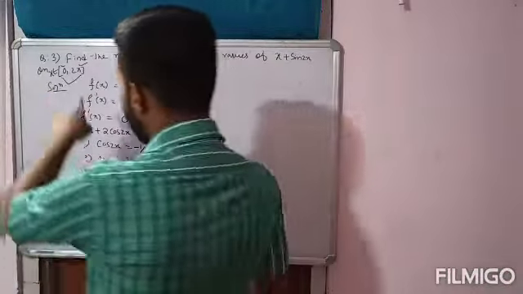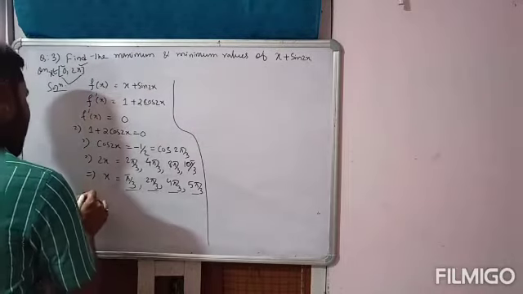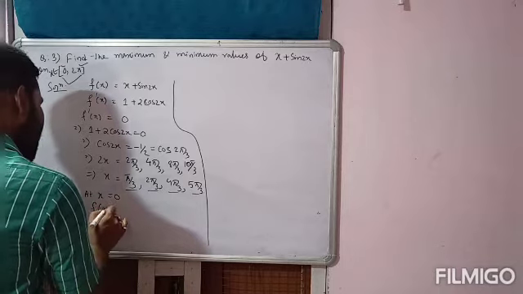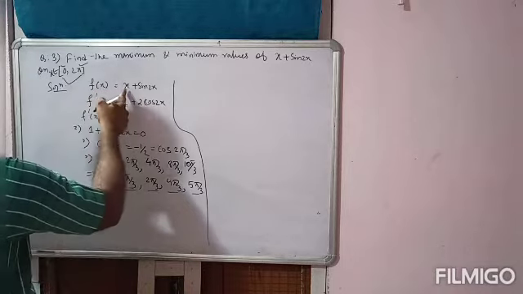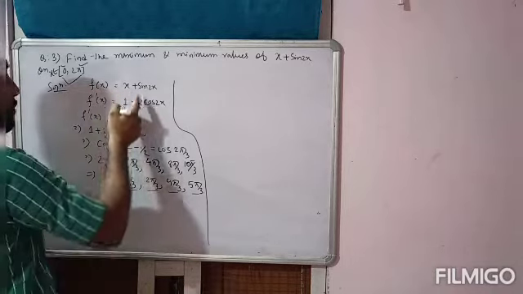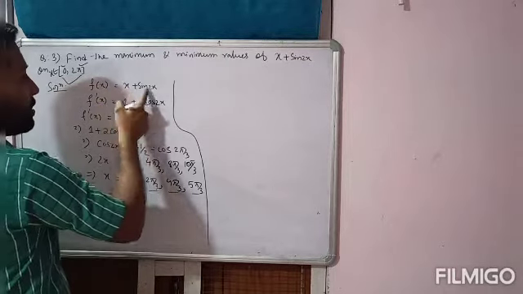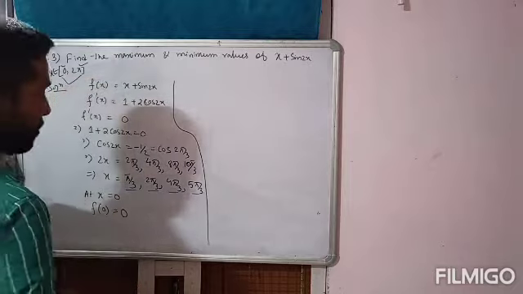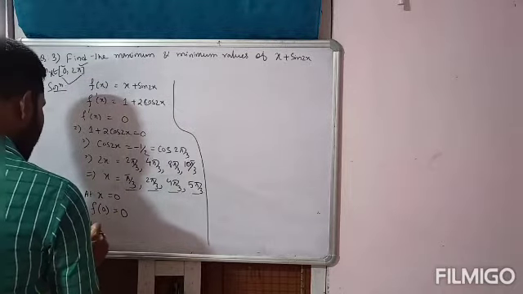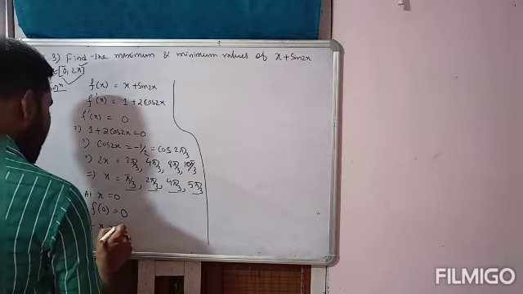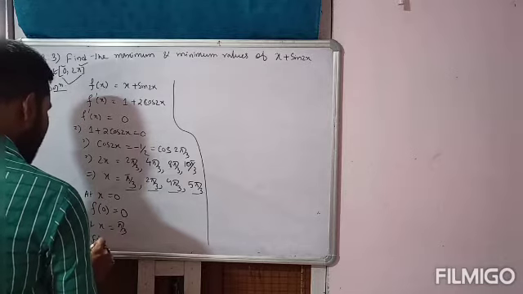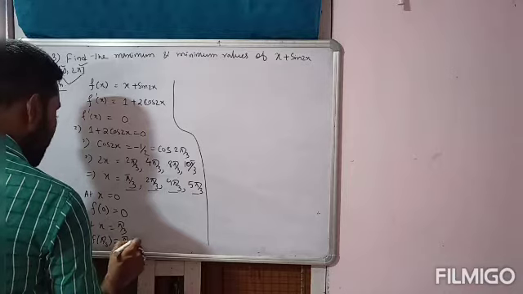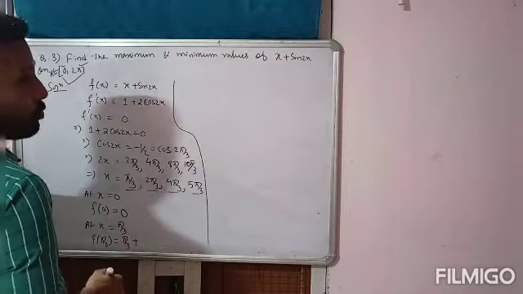ठीक है, so the first end point, that is 0. So at x equal to 0, find the value of f of 0. f of x क्या है? x plus sin twice x. तो अगर x का वैल्यू 0 पुट करूंगा तो the value of sin 0 is 0. Then at x equal to pi by 3, the value of f of pi by 3 क्या हो जाएगा? तो फिर pi by 3 plus sin 2 pi by 3,